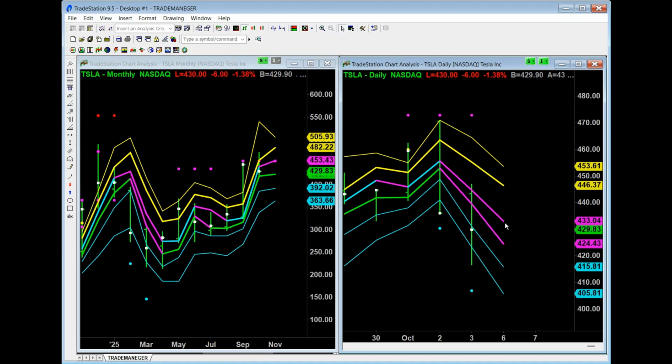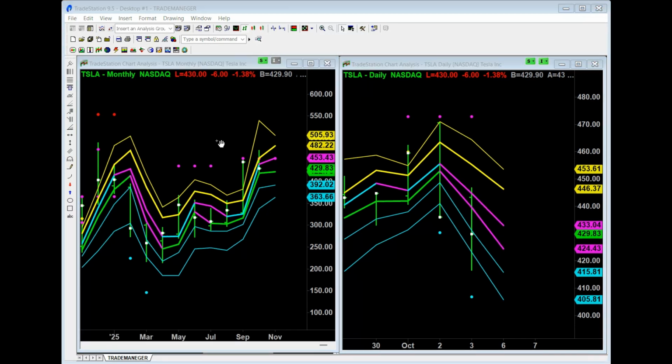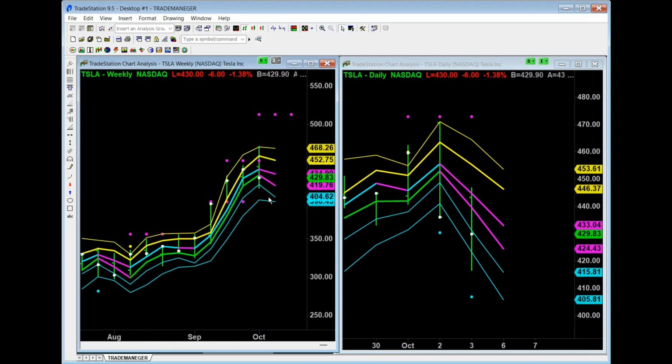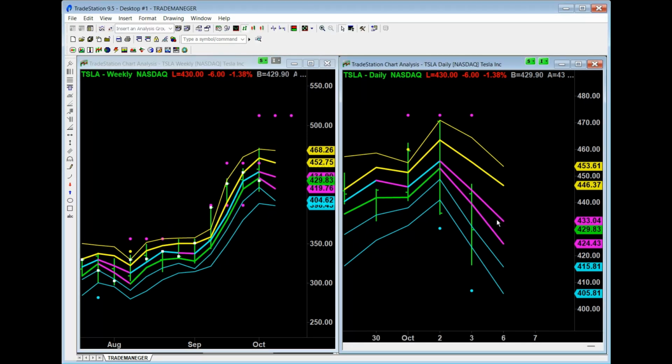So next week, this is a daily chart. The tips of these trend lines are the predicted high and low for the early next week, or the early next day. If this is the daily chart, that's for the early next week. And if this is the weekly chart, then that will be the predicted high and low for the next week. So early next week, it may have a tendency to increase at least to this $433, or may have a tendency to